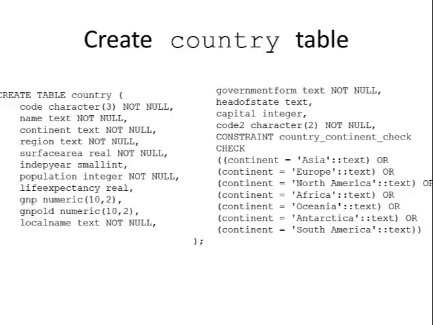Here we've got a constraint called country continent check. That's the name of the constraint, and what it implements is a check constraint. That check constraint makes sure that the continent is either equal to Asia, or Europe, or North America, or Africa. So we can only enter values in this list into the continent field. Every time we enter new data, it runs this country continent check constraint and sees whether it matches